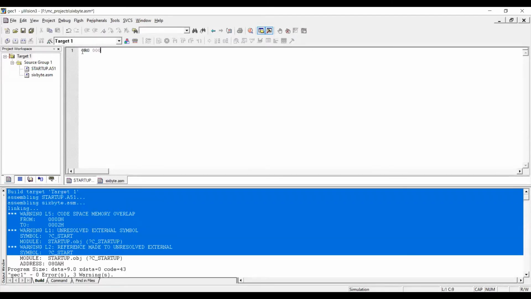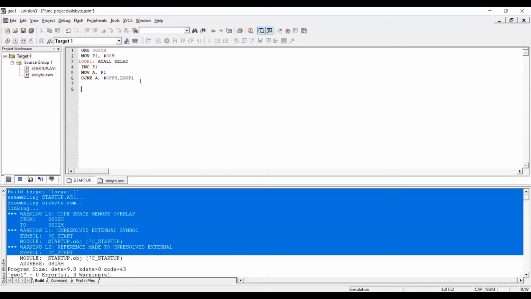Right? We'll write the program for hexadecimal up counter here. org 000H, move P1, #00H, acall delay, inc P1, move A, P1. Now let's see, keep on checking the value of A till it reaches a maximum value of FFH there, right? So I'll say loop till it reaches FFH. This is the loop 1.